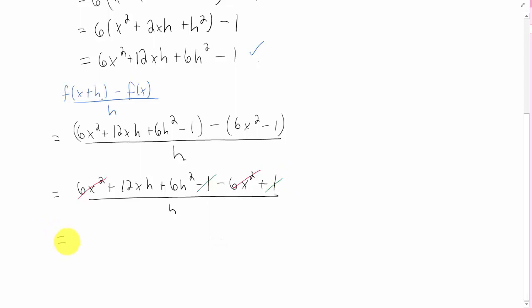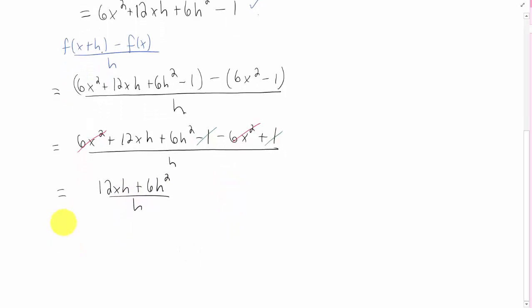When doing these difference quotients, things should be simplifying. If they don't, something's probably gone wrong. This is what we're left with in the numerator, and we're experts at factoring, so we can factor what we can out of this numerator. It looks like a 6h is our greatest common factor, leaving us with a 2x plus h and an h